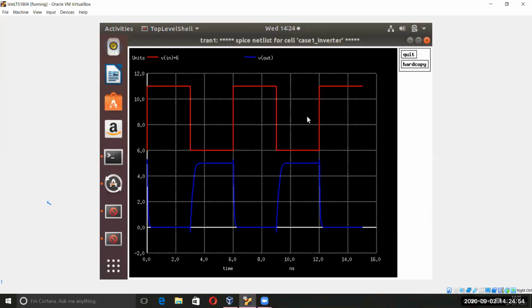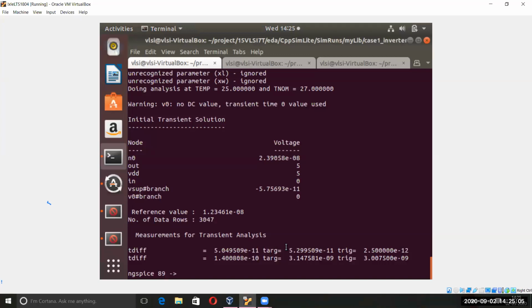So like that you can plot it and analyze it. The command I have given here is implemented in this graph. Put the graph and you can find the values here, the rise and fall, and this TD is coming.